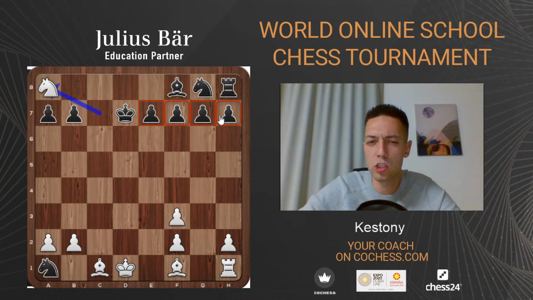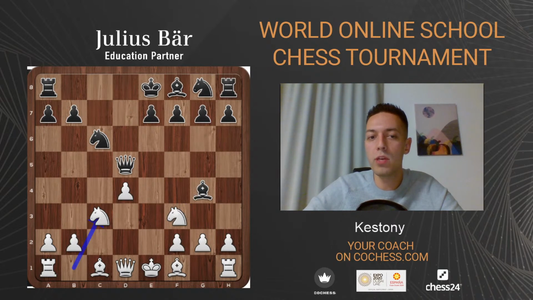Black's pawn structure, again, is super solid, but it's really not very clear how exactly to take care of the king side and the king. Whereas for white, it's pretty straightforward. The squares for the pieces are easy to find. So that's one of the reasons why a lot of grandmasters like to play knight c3 instead of bishop e2. But if you don't prefer these lines, then bishop e2 would be the go-to idea to go to a calm game.